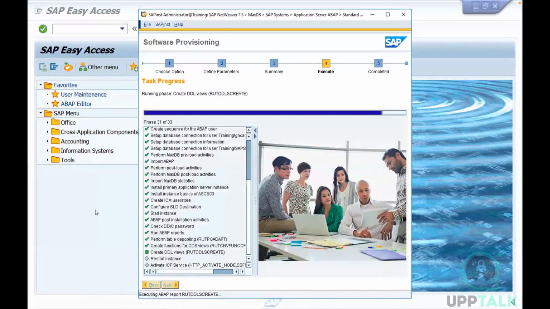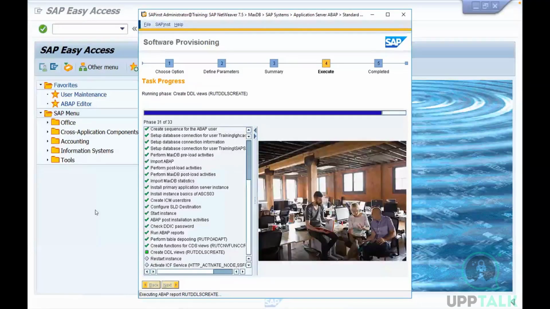So now we are installing the GHC system. After installation of the GHC system, you are going to connect with the GHC system and you are going to start and stop the GHC system. I am not going to give you the credentials of the TRN system, but I am going to give you the GHC system, and then I will ask any one of you to start and stop the GHC system. First let it